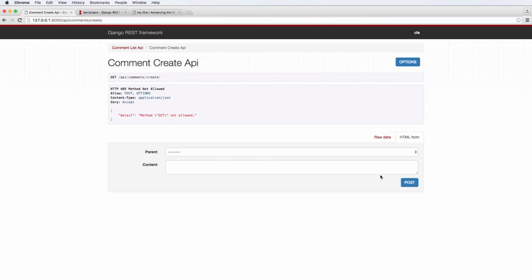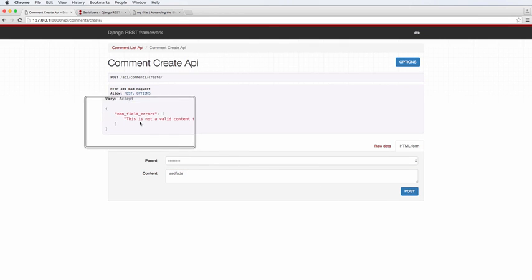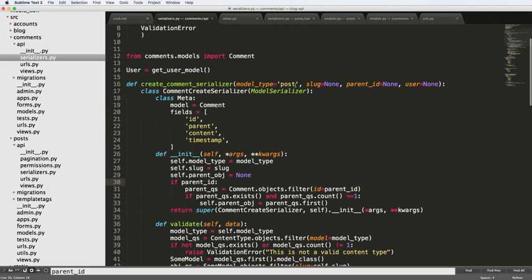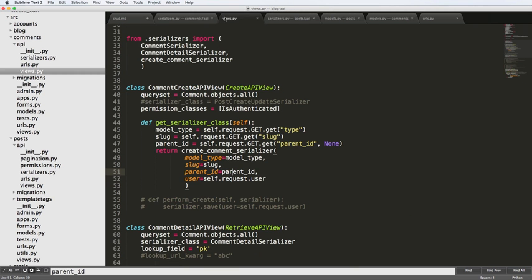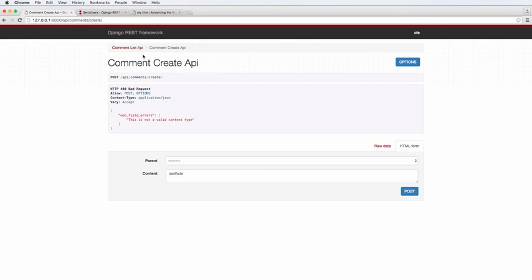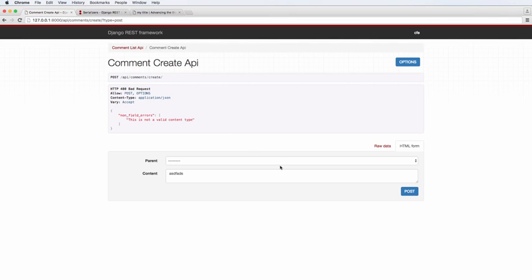Okay, cool. If I hit post, it says content cannot be blank, so I put some content, hit post, and it says non-field errors. This is not a valid content type. Why is that? Well, it has to do with what we passed. If we go back into our view, we don't have any request up here saying the type. So let's put something. I'll say type equals post. Let's try it again. Type equals post,